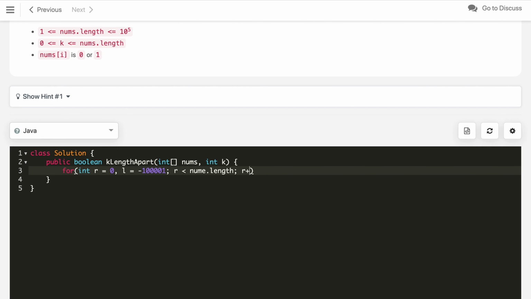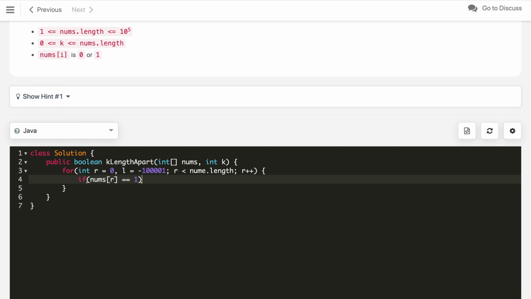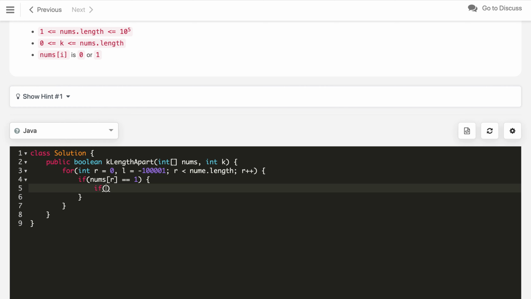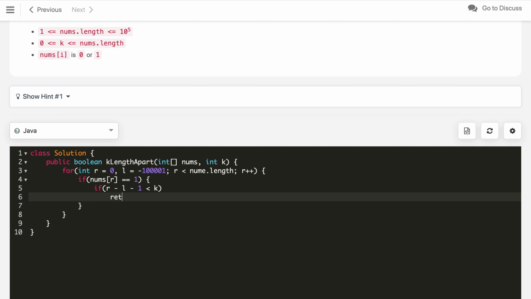First we check whether nums of R is 1. Wherever we find a 1, we check if R minus L minus 1 is less than k, then return false, which means we found a condition that is not satisfied.